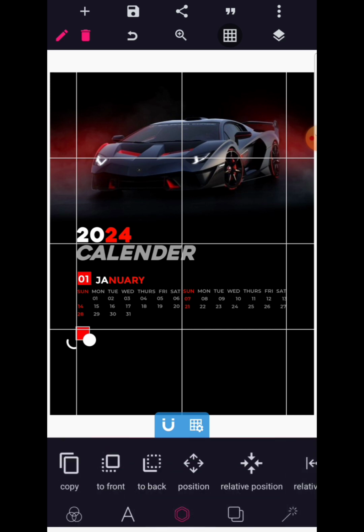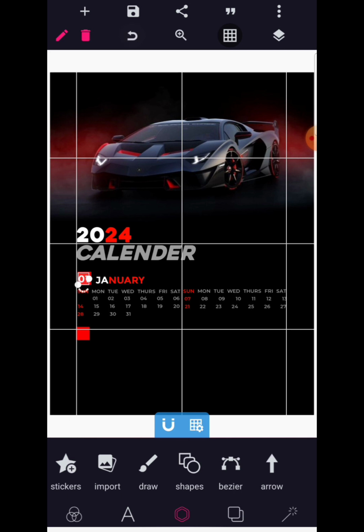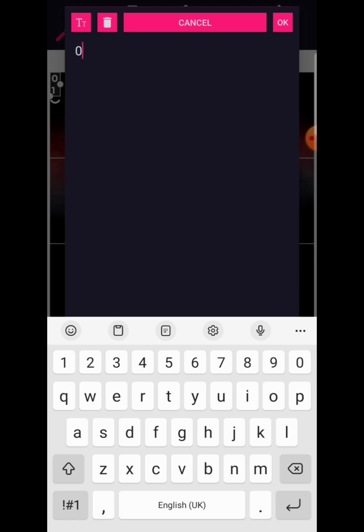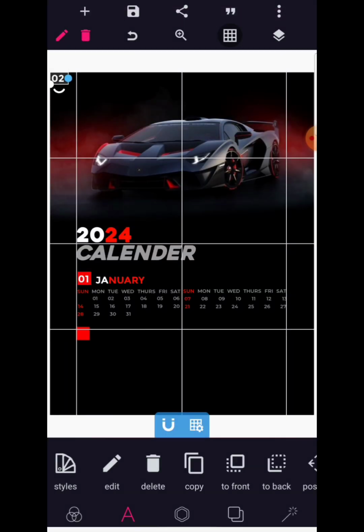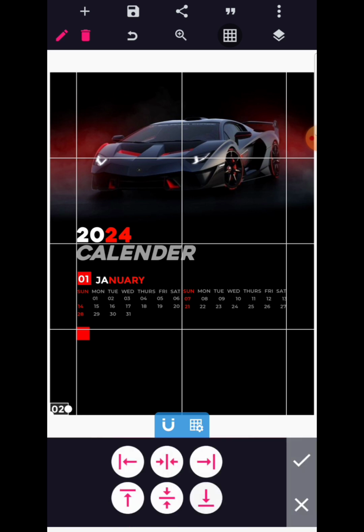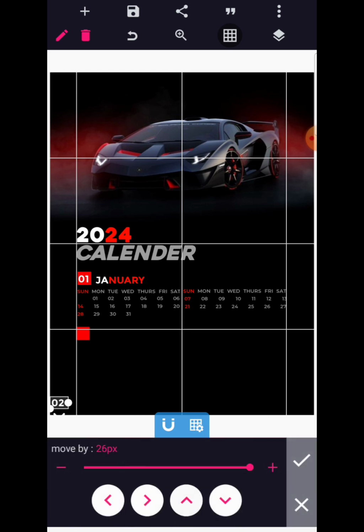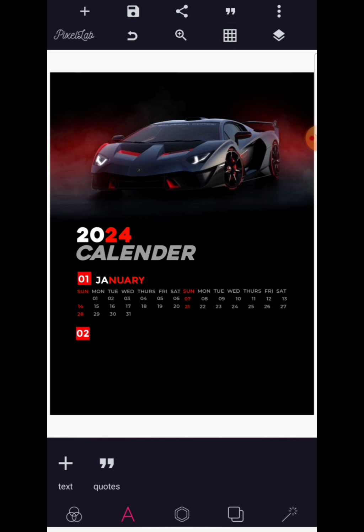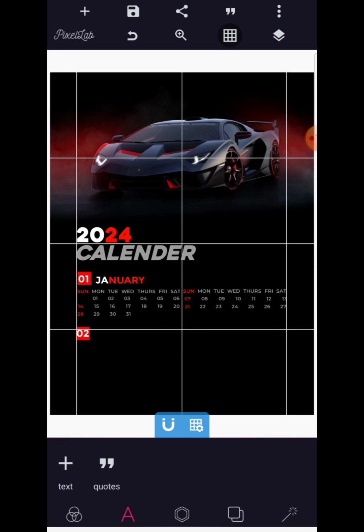After positioning it there, I'm going to copy this text and write 2, which is for the 2nd month of the year. And since it is smaller, we're going to use relative position to move it closer. So we just make it to fall inside the shape. Okay, let's undo this grid and see if we're on track. All right, perfect, we're on track. So we're going to copy this now